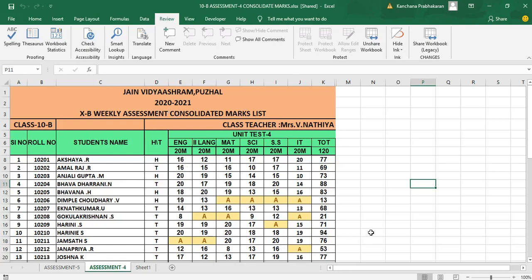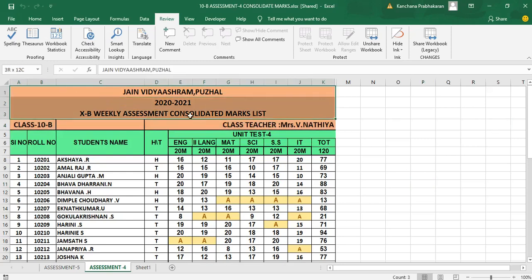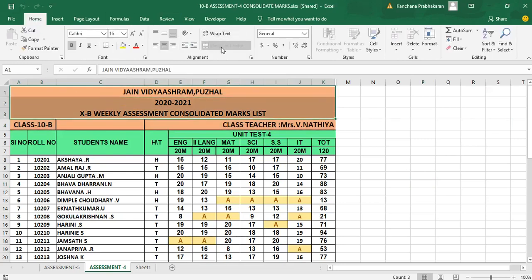But you have to note one thing: most spreadsheet software automatically turns off some features in a shared workbook. This is to simplify the workbook, since multiple people can be working on the file at the same time. For example, shared workbooks don't allow merging cells, conditional formatting, or inserting pictures and graphics. So when I share this workbook with my fellow teachers, they can't merge cells. This is called merging, and there is normally an option called Merge.